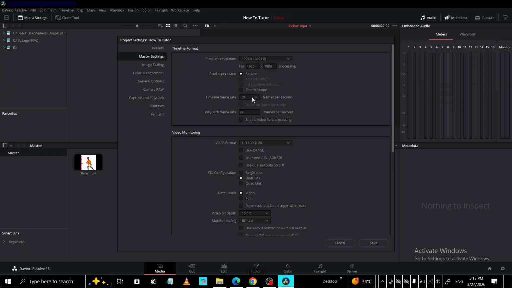After you've selected your desired resolution, confirm that it's displaying correctly in the timeline resolution field. When you're happy with the setting, click the Save button at the bottom of the project settings window. This applies your changes to the current project. That's all you need to do. You've opened your project, accessed the project settings, navigated to the Master Settings tab, chosen the timeline resolution you want, and saved your changes. Now your project is set up with the correct